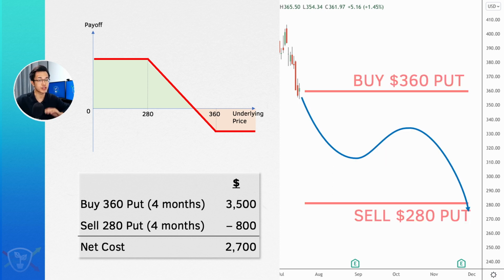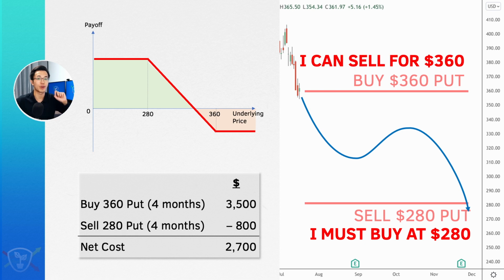So if I'm correct and the share price does fall and it falls below $280 in the next 4 months, then I'm obligated to buy the shares at $280. But I also have the rights to sell the share for $360. So all in all, that gives me a profit of $8,000. Then we deduct the cost of the bear put spread, which was $2,700. My maximum gain on this trade is